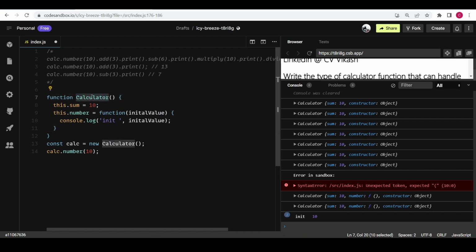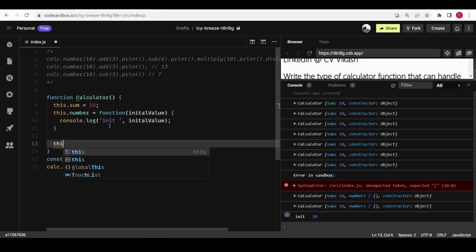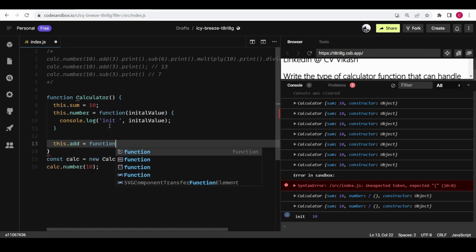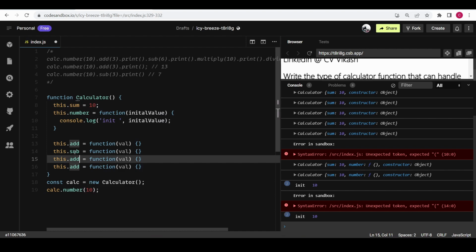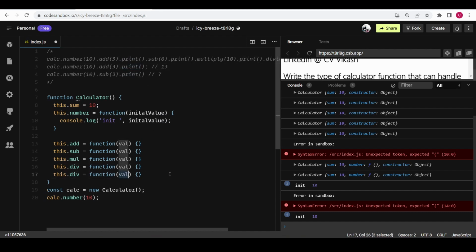And also this calculator should contain add, sub, multiplication, so all these methods. So I'll add all those methods. Add is going to be a function which will take a value, and also sub and multiplication and division, right? So we have all these methods, and also we have something called print. It is not going to take any argument, right? Okay, now we have to implement this. If you see the next step here, we are chaining .add to this number. So now if I do the same here,